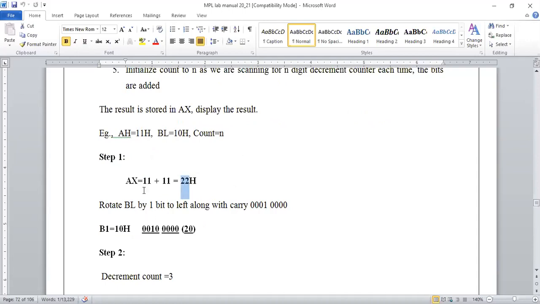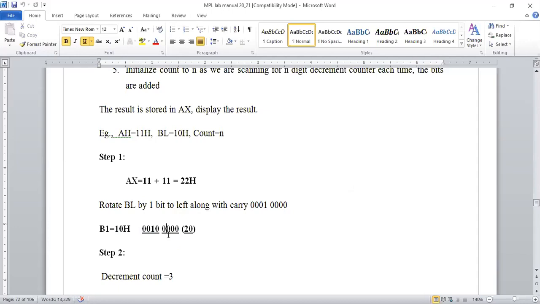So now what we have to do, whatever the second operand is, we need to convert it into binary form, right? That is the 10, we are going to convert it into binary form. For that we have to perform a shift. One bit to the left we need to shift. That means this 0 will move to this side. So this 0 will be added, and your next operand will be available in BL.